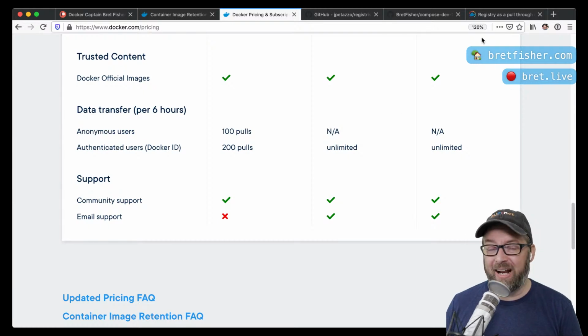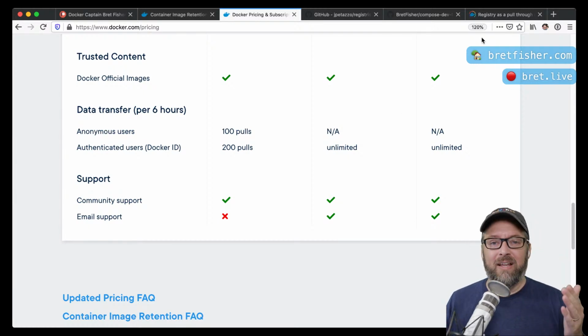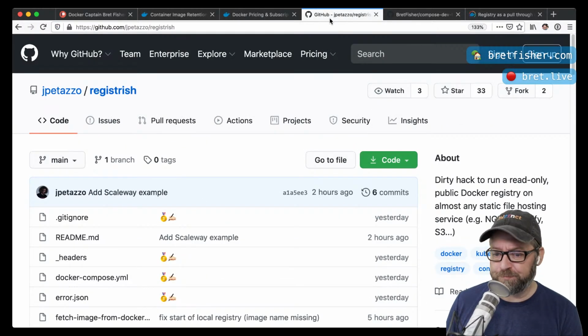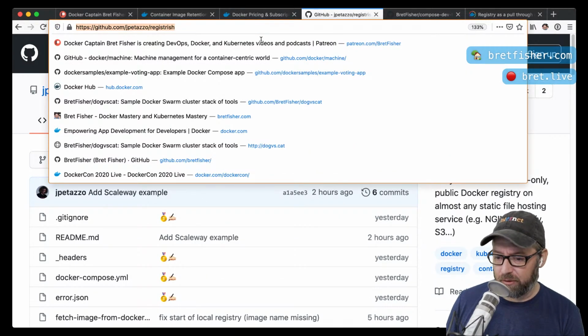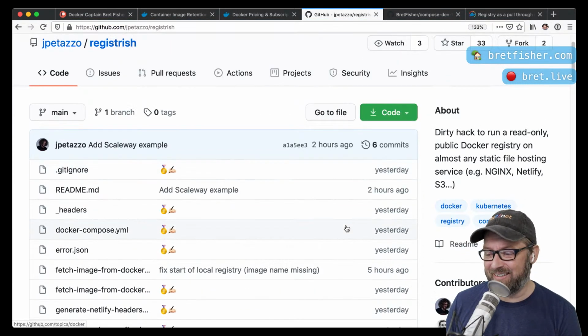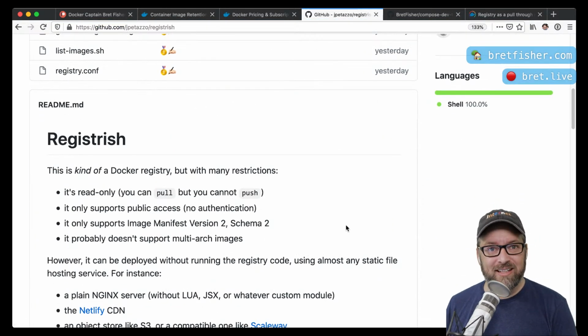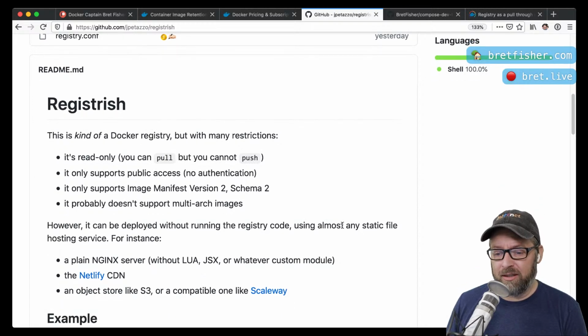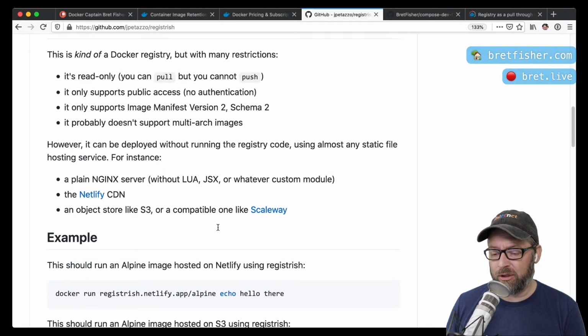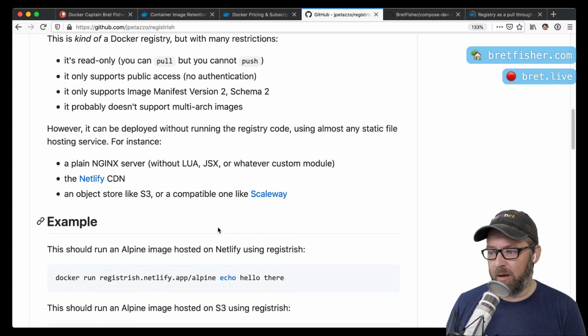I'm going to mention a couple that I have just learned about today that I haven't had a chance to check out. Over on GitHub, my friend Jerome has put out Registry-ish. I love the name. It's fantastic. I have not tried this yet, but it's a solution that I'll put into chat. And basically, it's a really interesting idea. I'm going to hopefully talk to him about this a little bit. Maybe we'll have him on the show, and I can have a show where I bring a couple of people on to talk about this.